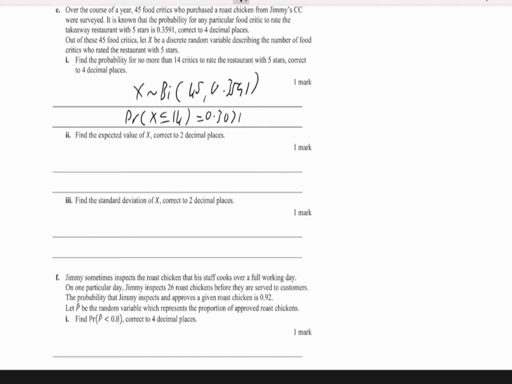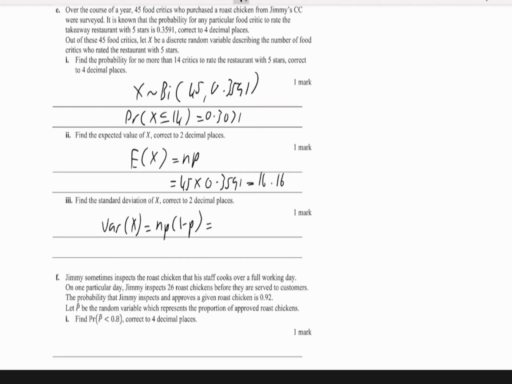E of X equals N times P, where N is 45 and P is 0.3591, which is approximately 16.16 to 2 decimal places. Standard deviation is the square root of the variance, and we know that the variance is NP times 1 minus P,